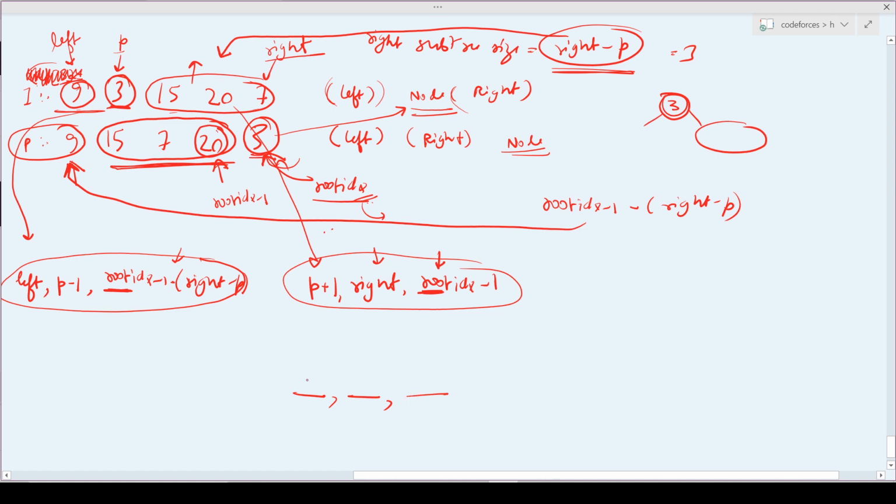So for starting, my left is 0, my right is the last index, which is in order dot size minus 1, and my root index is just root index.